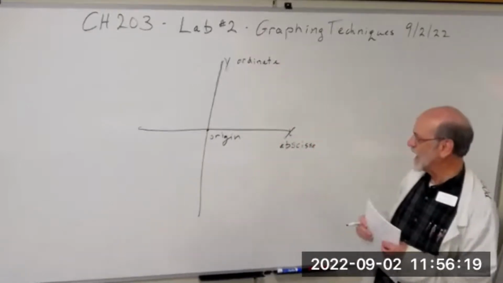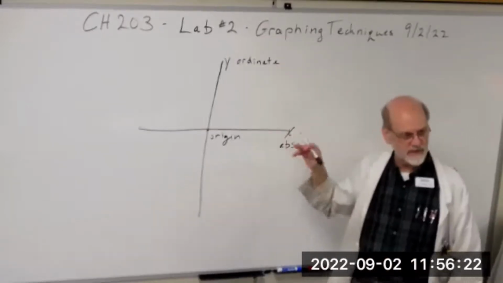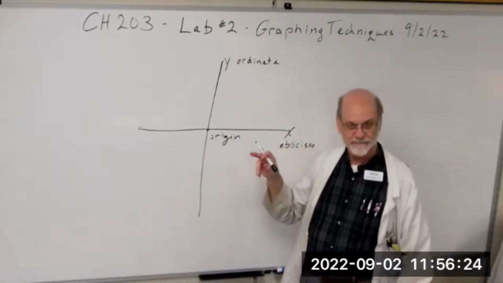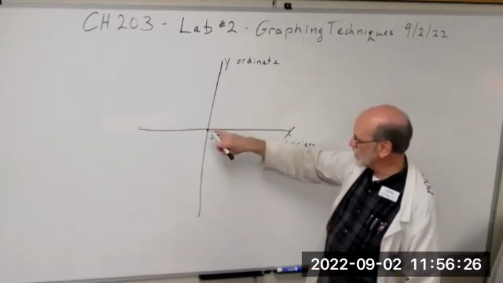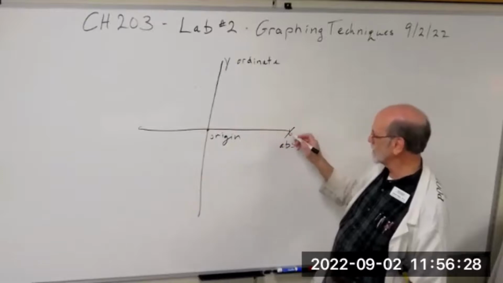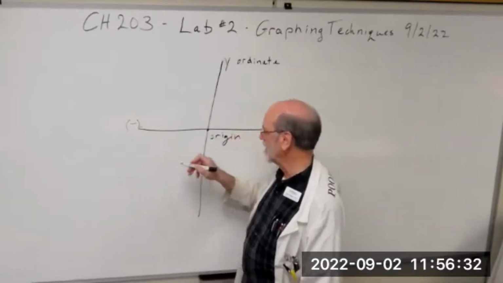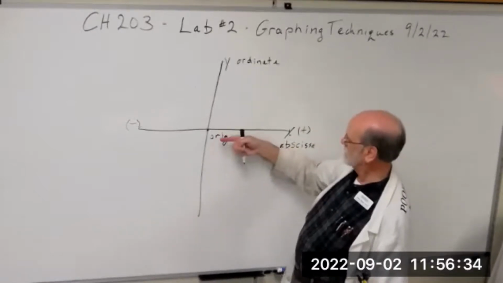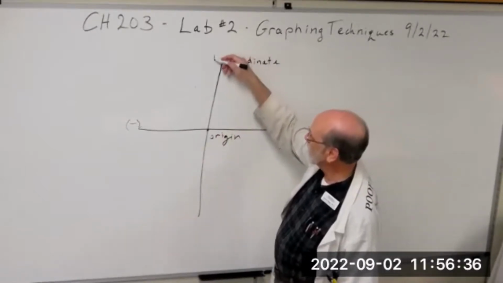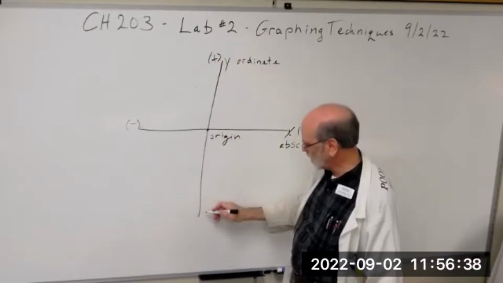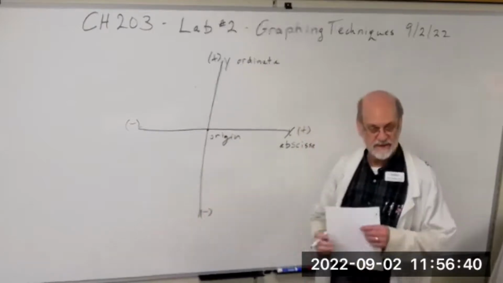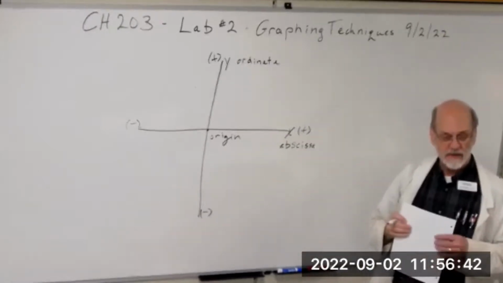Okay. And the 2-dimensional space is divided into 4 quadrants. Everything to the right of the origin on the x-axis is positive. Everything to the left is negative. Everything above on the y-axis is positive, and everything below on the y-axis is negative. So your values, if you